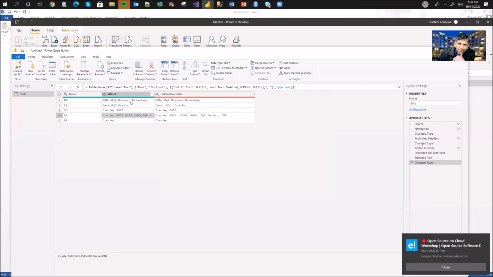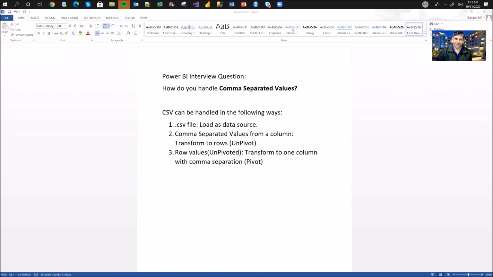Here I am getting space because we gave space. If I don't give space, uniformly it will remove space. This is how we can handle comma separated values in Power BI.